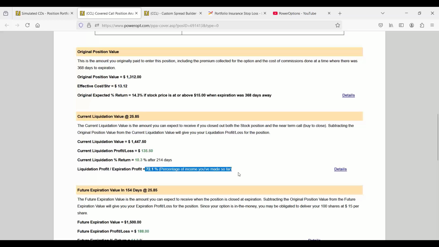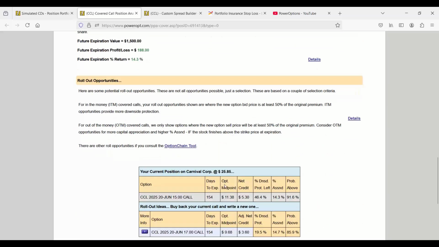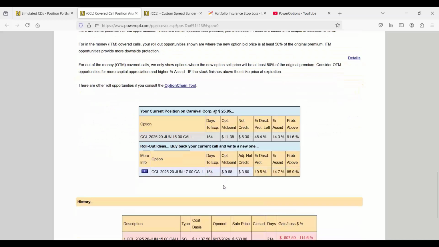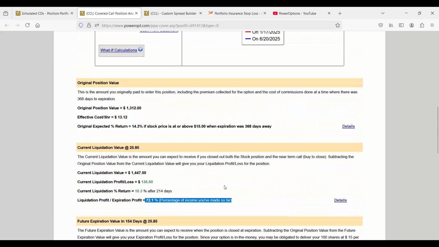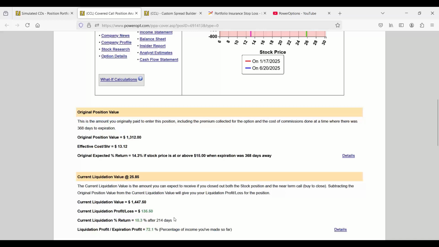I may be tempted to take that off the table and then run a search and look for new ones. I could evaluate other rollout opportunities manually using the custom spread tool as well. But I'm in the proper position. It's doing what I wanted. My choice is liquidate now, take 72% of the profit 6 months early, stay in the position, look for the maximum return of 14, or do nothing as well. In this case, I'd probably be leaning towards liquidating, but that's going to depend on your trading plan